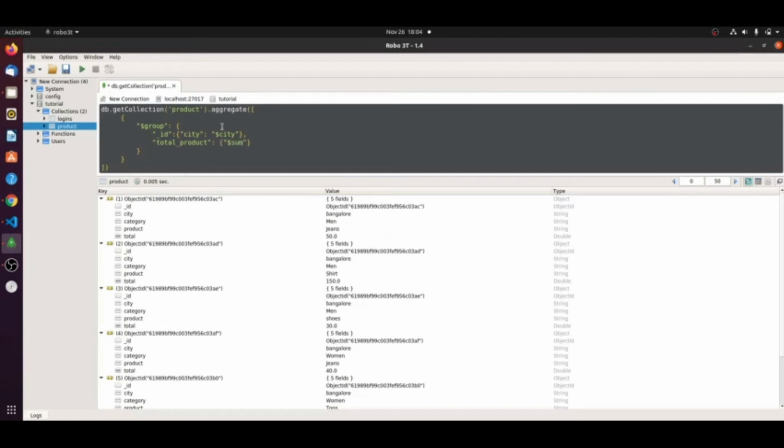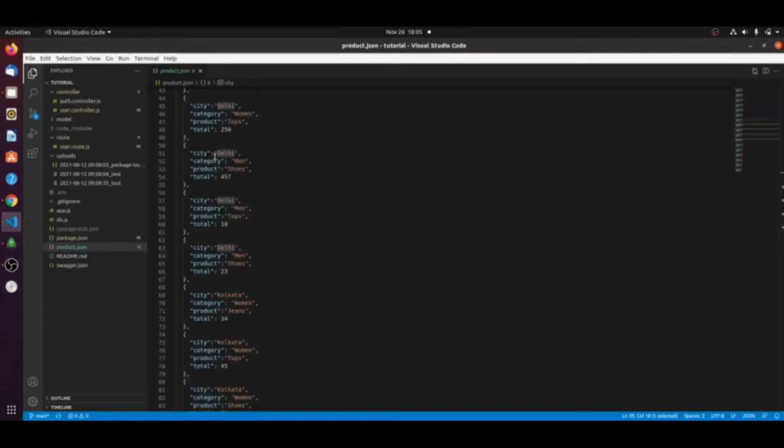This sum is called one operator. So inside each stage we can use the pipeline operator. Here we can give our key name, like total.